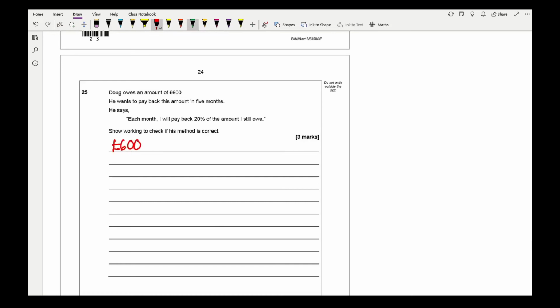Now 20% of 600 is going to be £120. So what I'm going to do is take away £120, and that gives me his first balance of £480. The next thing I then need to do is take 20% off 480, which is £96. So if I take away £96, I get 480 take away £96, I get